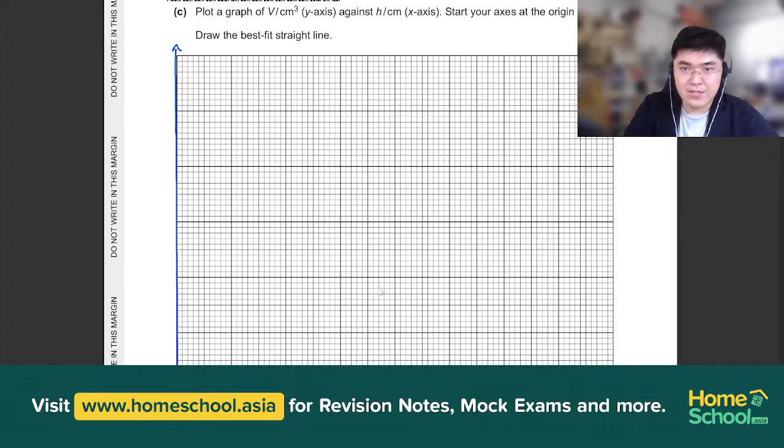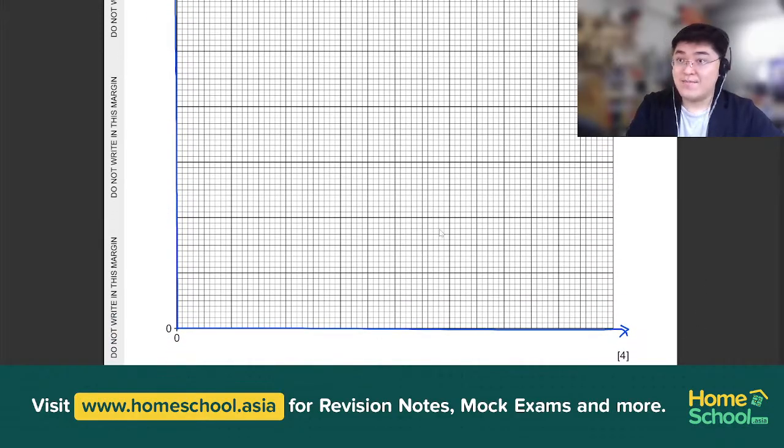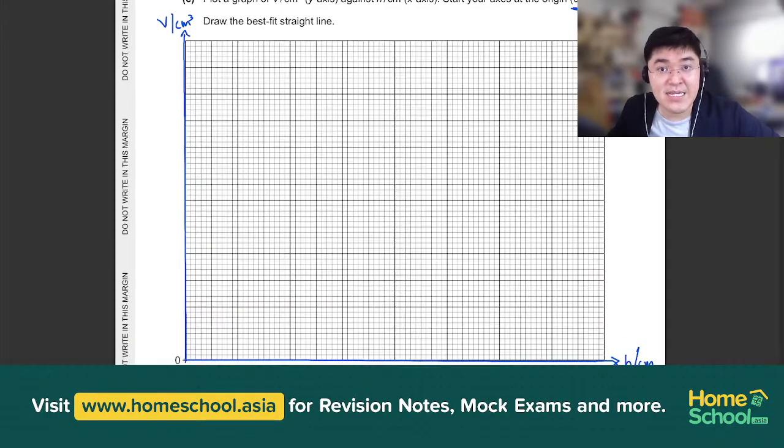As stated over here, the y-axis is volume V in centimeter cube. Please remember to write this over here. And on the x-axis is h, in cm. Let me just reduce the size a little bit so you can see the full graph. Like that. Next, we need to start drawing the graduations,